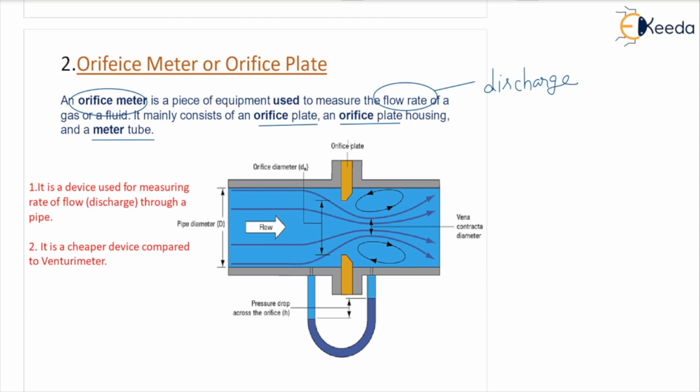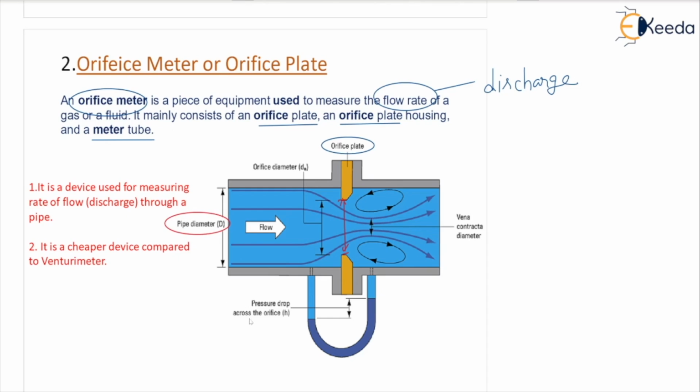So where is the orifice plate? You can see here, this is the orifice plate, orange color, and the orifice diameter, the hole actually, correct? So I will draw here the orifice diameter. You can see from here to here, the red color line I have drawn. Through this particular gap, the liquid will pass. And a meter tube to meter the discharge actually. So this is the pipe diameter D, and the orifice diameter will always be less than the pipe diameter.